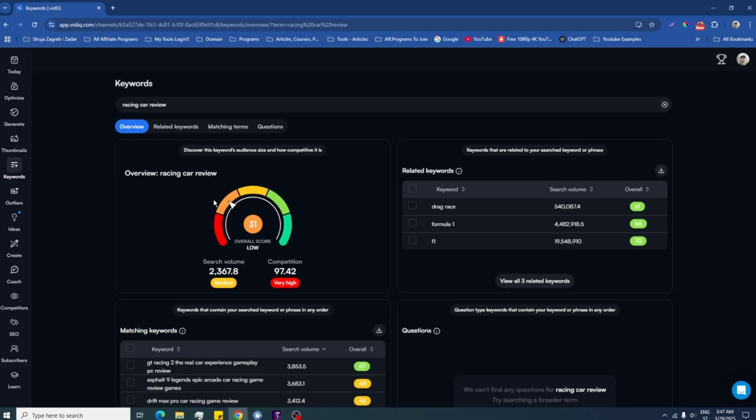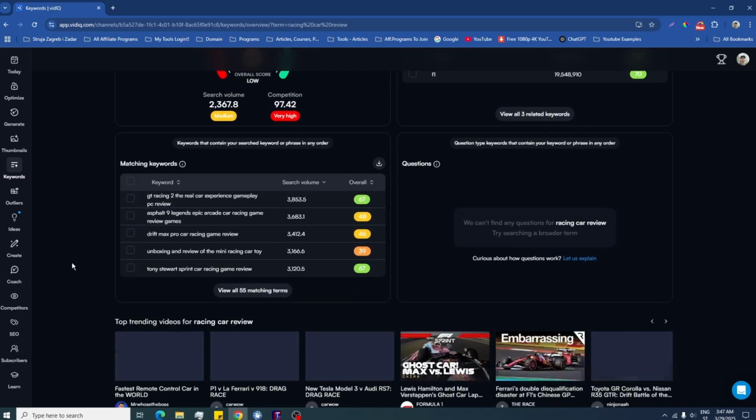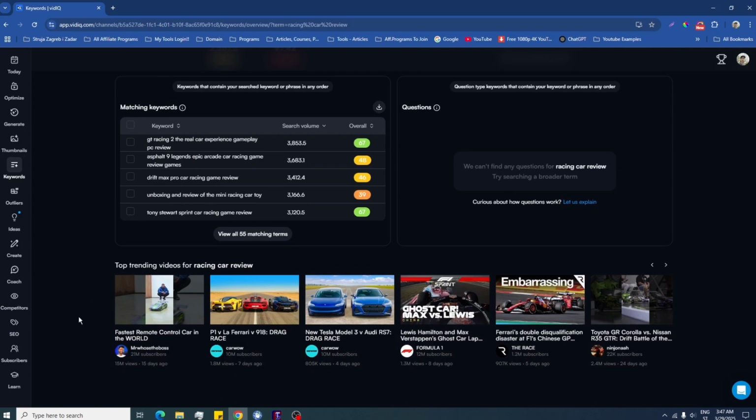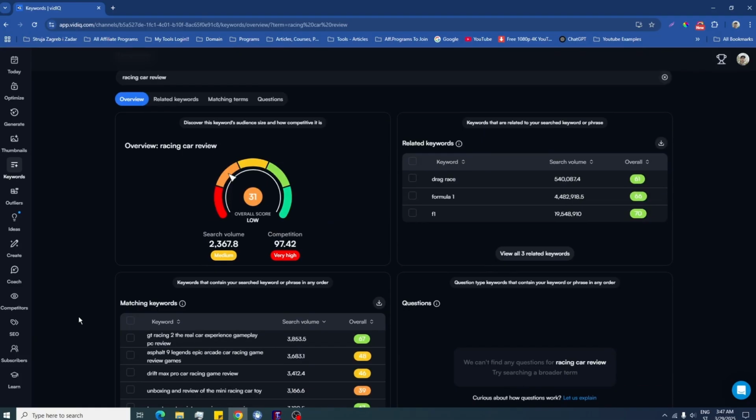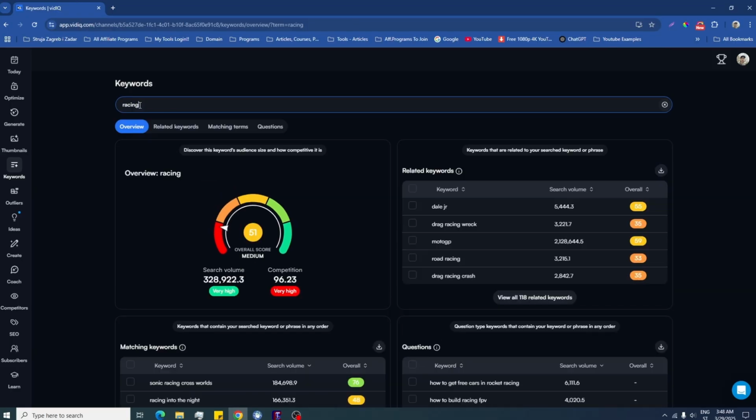The greener it is, the brighter the color, the easier it is to rank for and the less competition you have. The more red it is, the harder it is to compete, and it's almost impossible to compete with that audience. Because I said "racing car review," it probably pulled out some weird and different videos. You can also see competitors, what kind of videos they are creating in that niche: racing cars, formula, different formulas and stuff like this. But if we just put one word, for example "racing," and press enter,